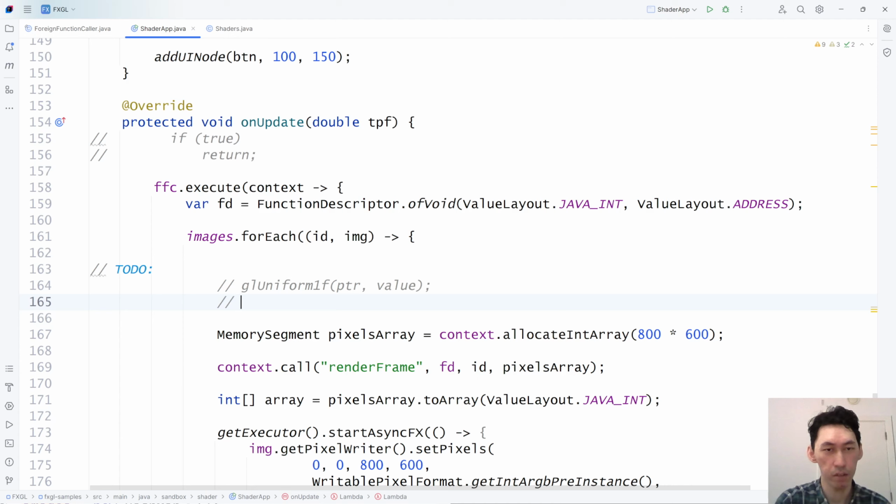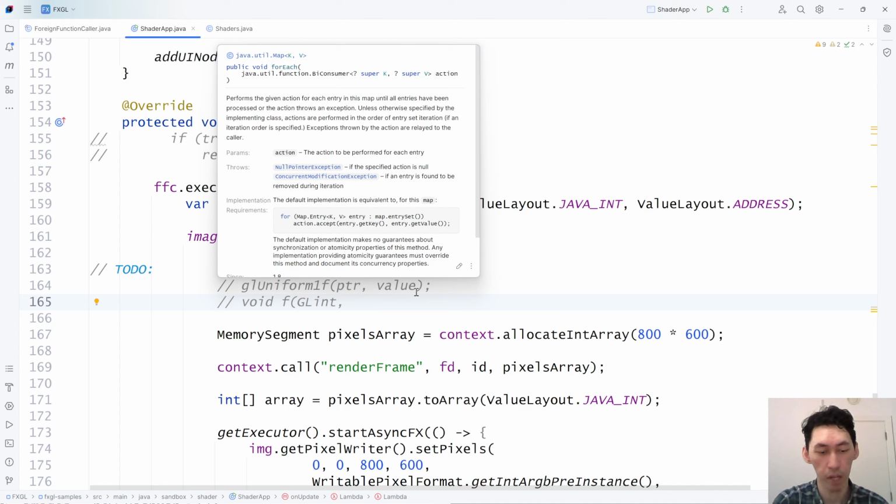And the signature of this is, I don't think it returns anything, so it's void. Function name, and then it's int. It's probably GLint, but it's typedef'd into an int anyway. And then the value, the value is